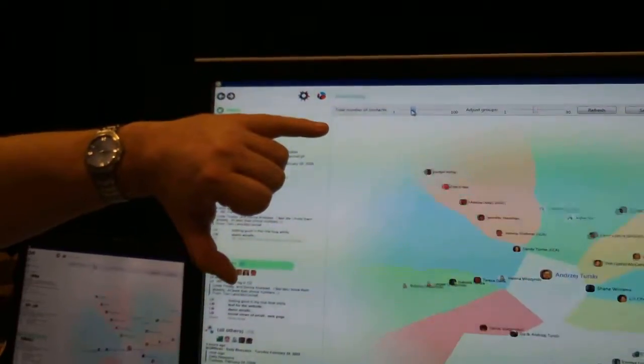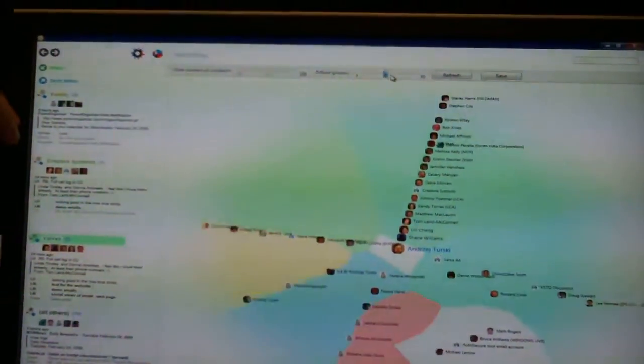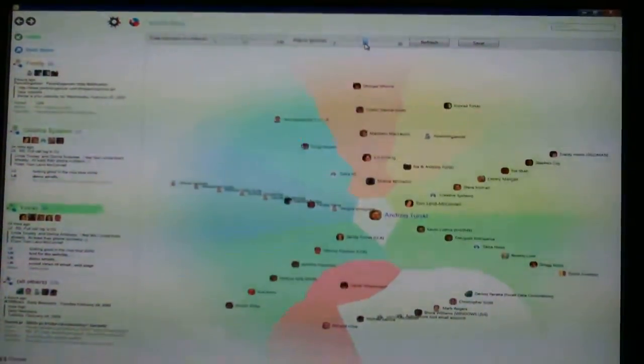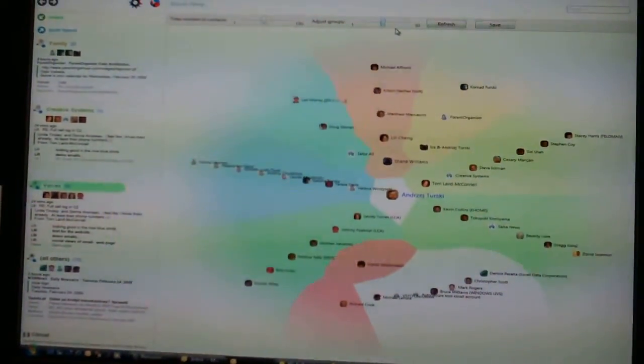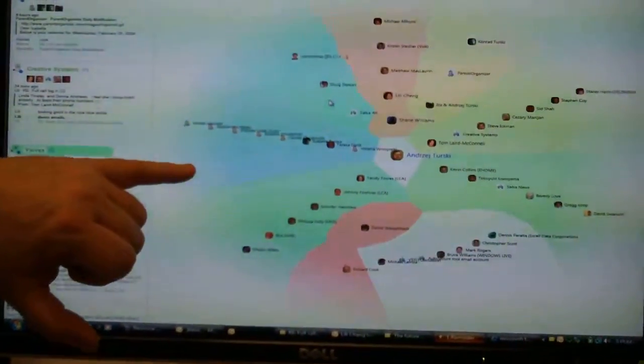Out of my current email data, users can adjust it, so they can adjust how many people are in the map up to the point that some unfamiliar faces start showing up, and they can adjust the group threshold, whether there are fewer, larger groups or more, smaller groups. And most users, we did this study a few years ago, with a few little tweaks can find this to be a fairly accurate representation of their social networks. In this project, we allow users to go a little bit further. If, for example, I find that my wife should actually be in my family group somewhere here, I can manually move her there.